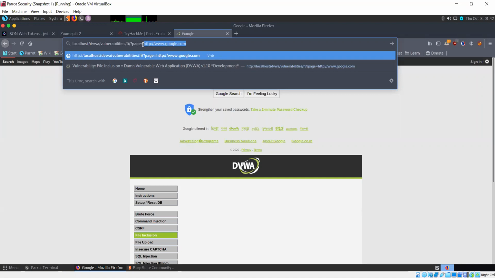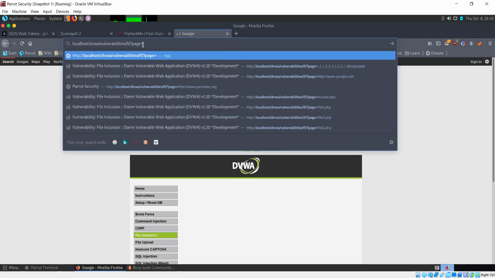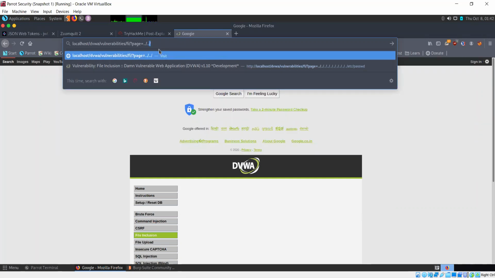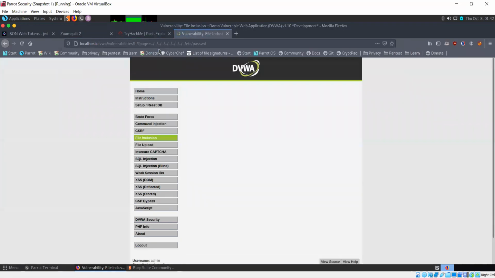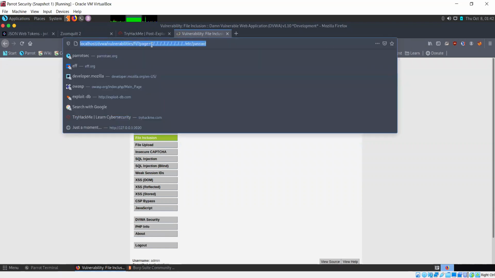And going by this logic, can someone tell me what I should write here so that the etc password file should work? We know that this dot dot forward slash, if I just write this, is all going to get blocked.